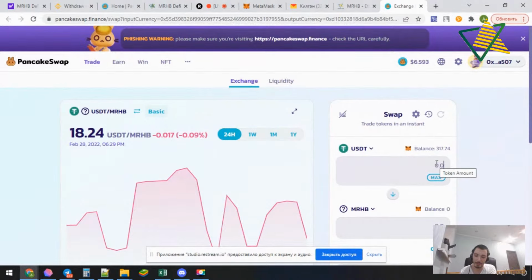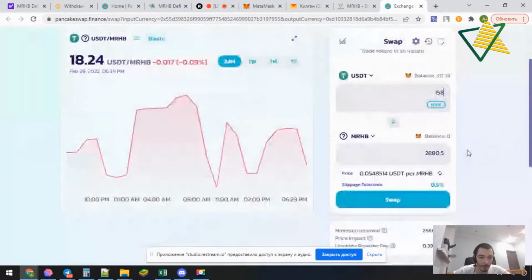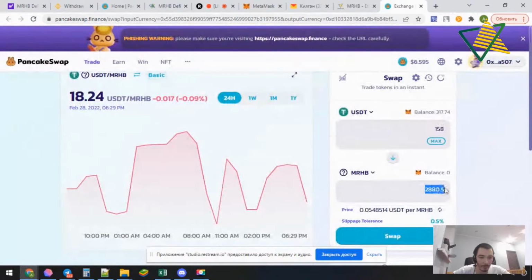Now let's spend half of these funds. It is 158, should be something like this, and we will receive 2,800 MRHB tokens for 158 USDT.